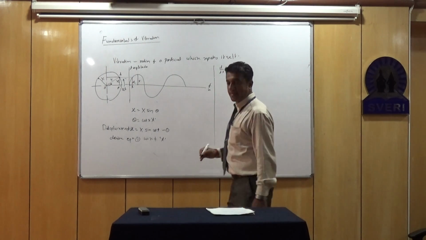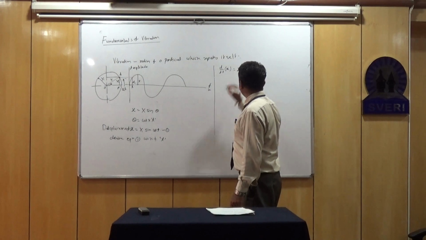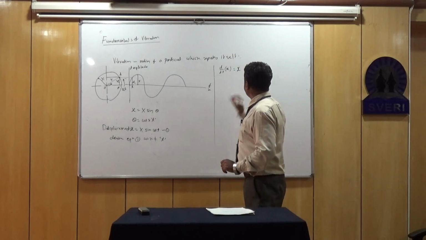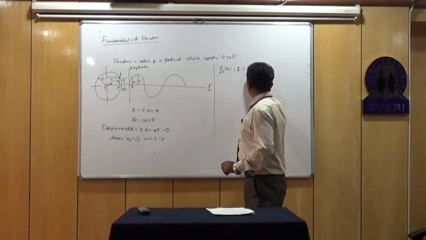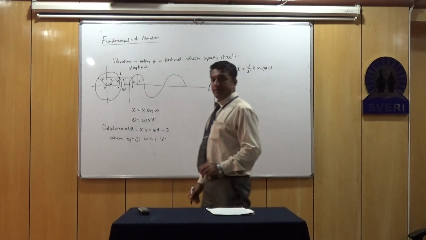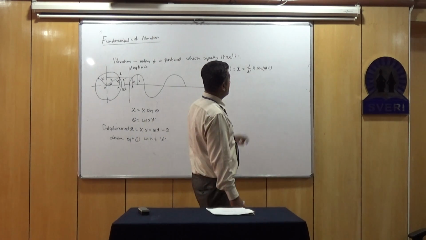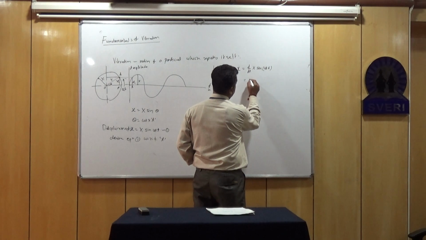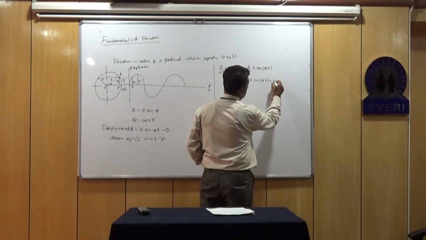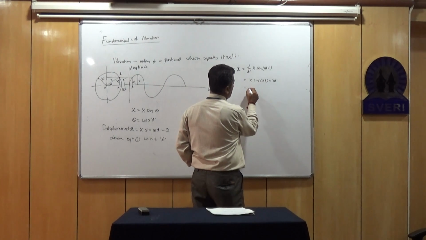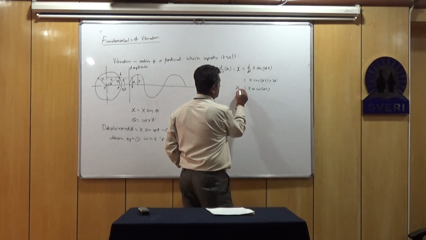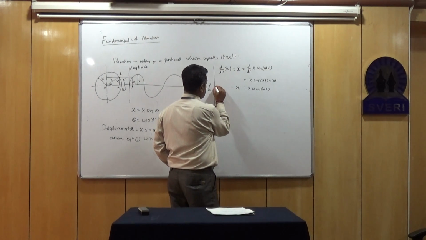When we take its derivative, we can write d by dt of x is equal to x dot. A single dot indicates a single time derivative. So it will be the derivative with respect to time t of X sin omega t. Now when we take the derivative, X is constant, and the derivative of sin is cos, so X cos of omega t multiplied with omega, because omega is again constant. So we get X omega cos of omega t. That is x dot, and this is nothing but the velocity